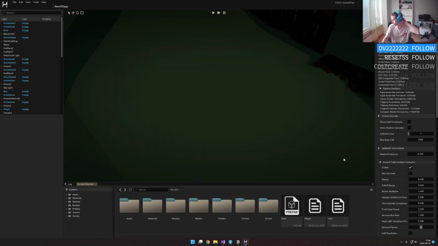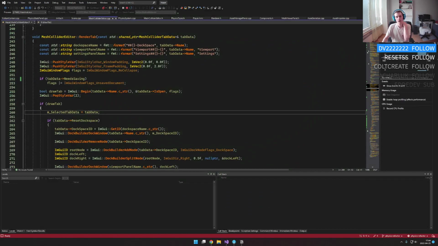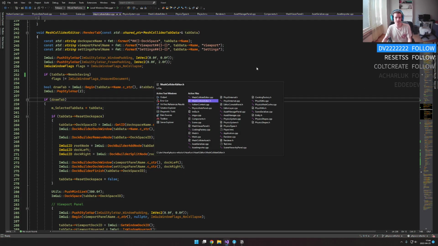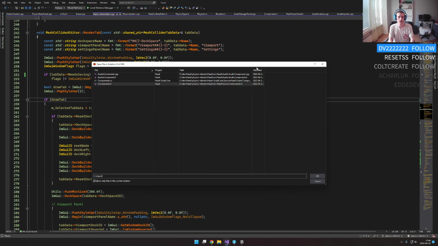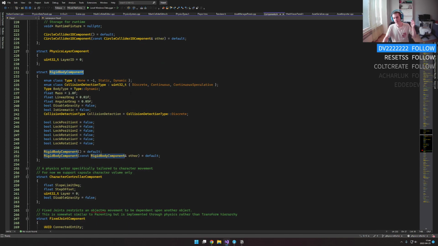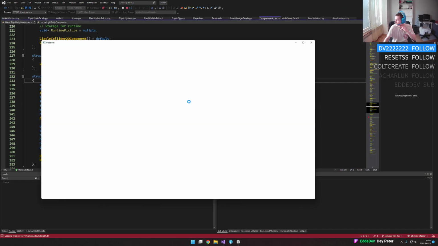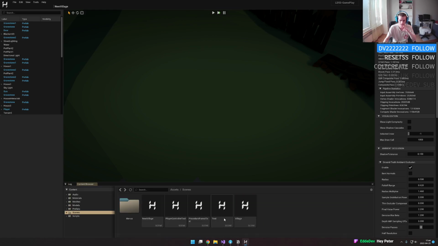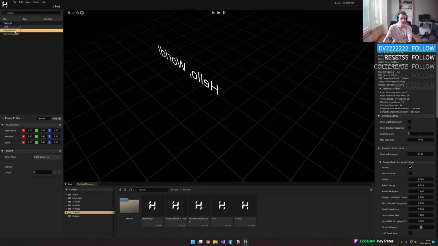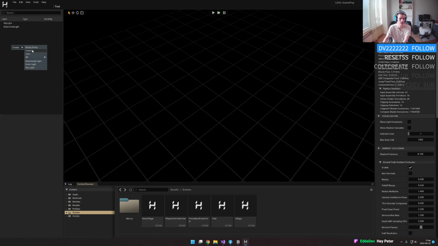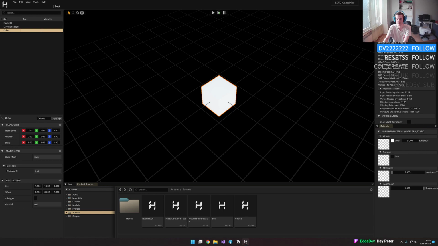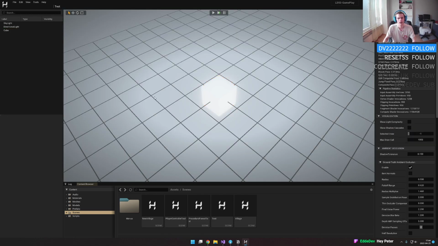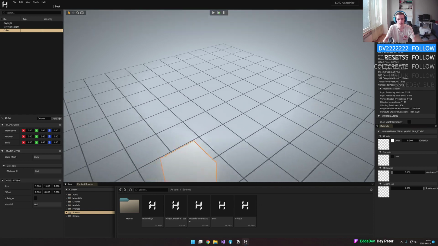I actually want to do a bit of an overhaul of rigid body components, because currently the way it's working right now is not great. I'm just gonna go ahead and create a test scene as well. So the way it currently works is that